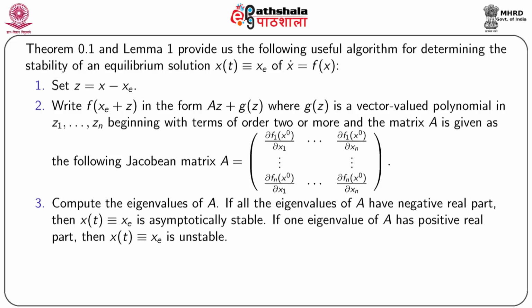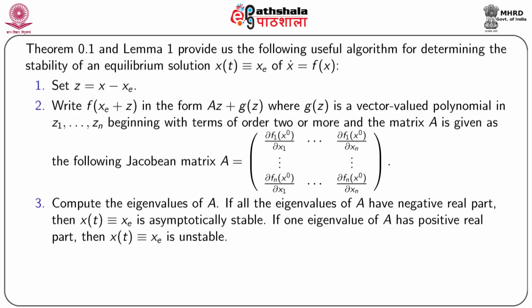Theorem 0.1 and Lemma 1 provide us the following useful algorithm for determining the stability of an equilibrium solution x(t) equivalent to x0 of x dot equal to f(x). We first set z equal to x minus x0, and then we write f of x0 plus z in the form Az plus g(z), where g(z) is a vector-valued polynomial in z1, z2, ..., zn, following with the